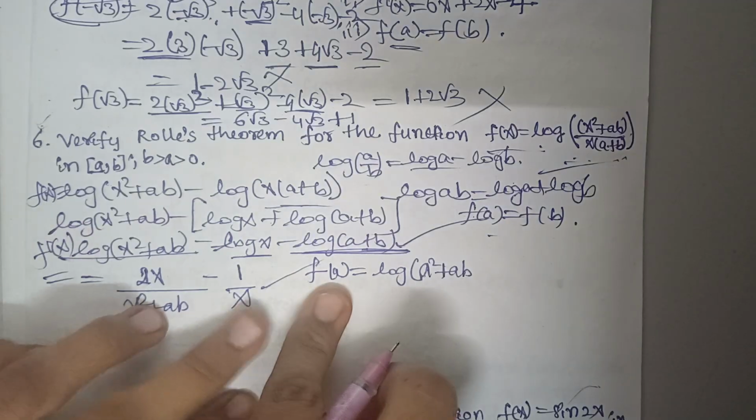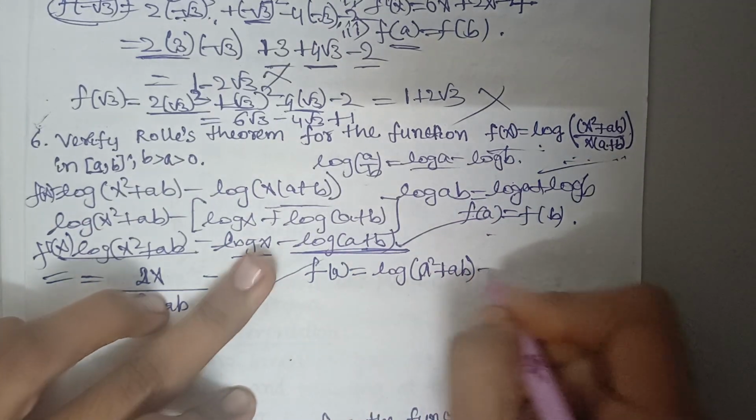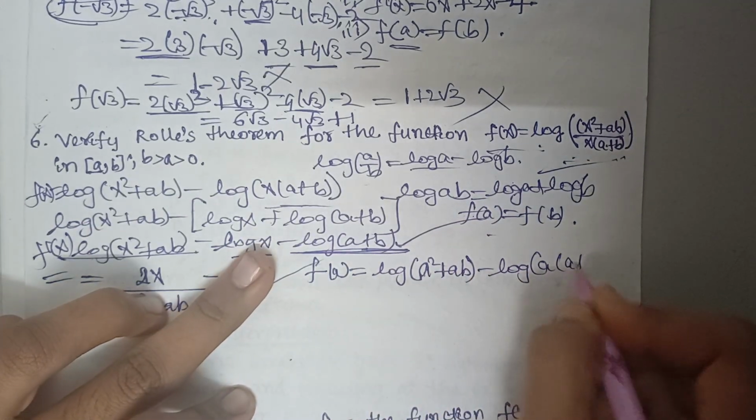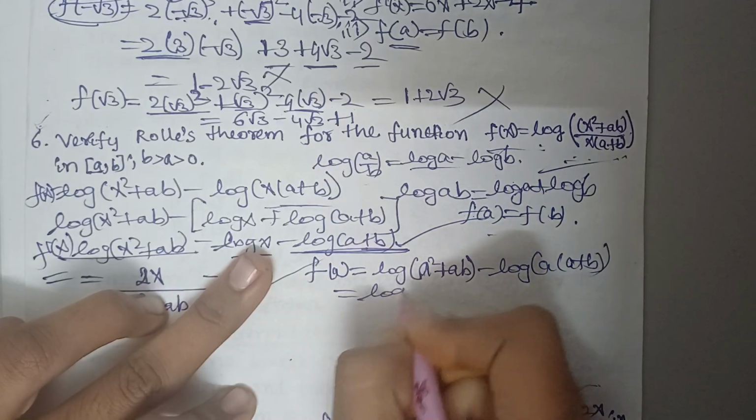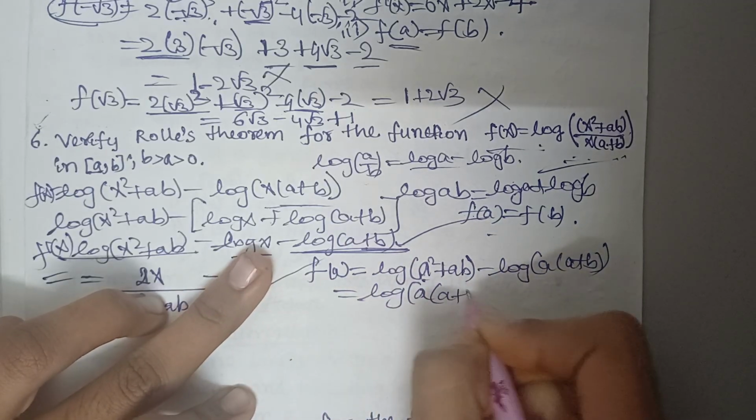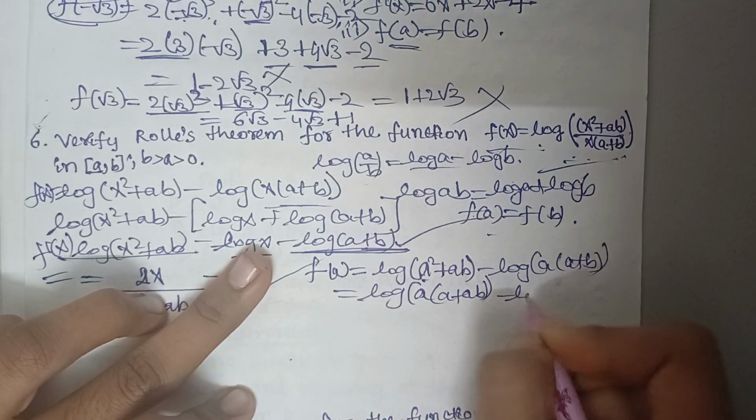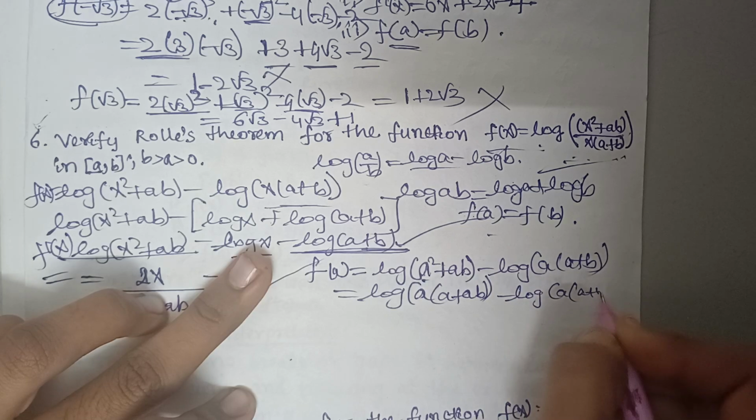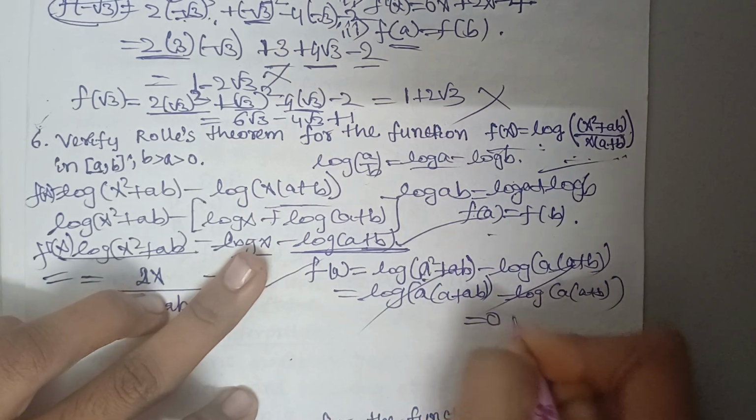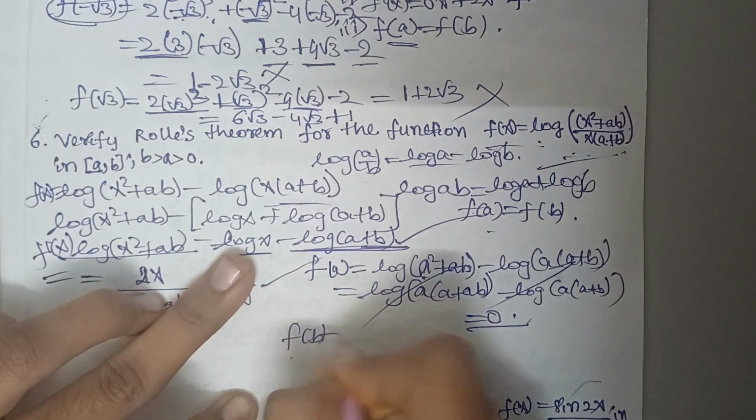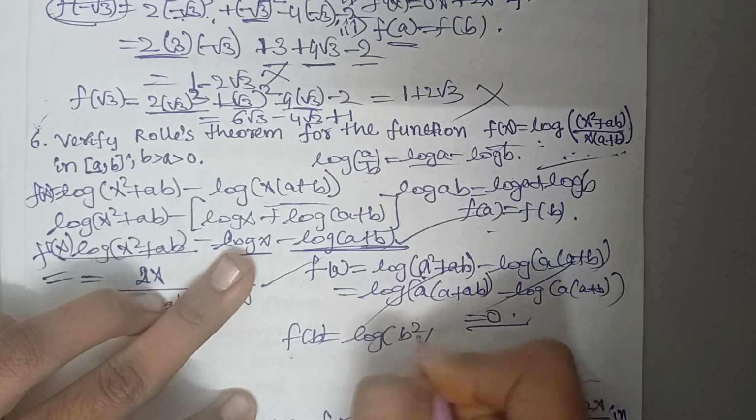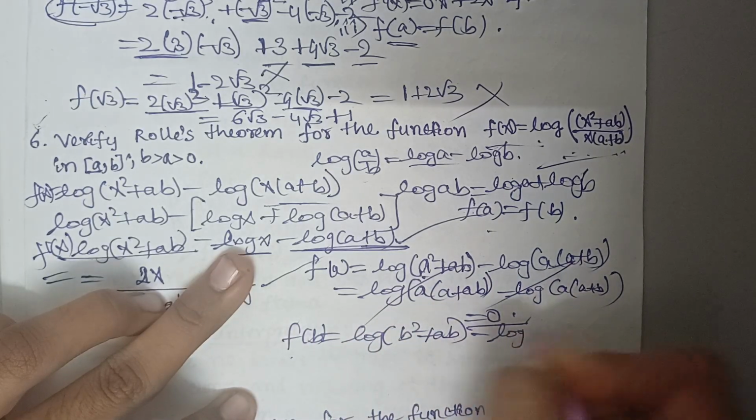Now your f of a is log of a square plus ab minus log of a into a plus b. As you can take a common here, a into a plus b minus log of a into a plus b. Since both were same, your f of a is equal to 0. In the similar way, f of b is equal to log of b square plus ab minus log of a into a plus b,